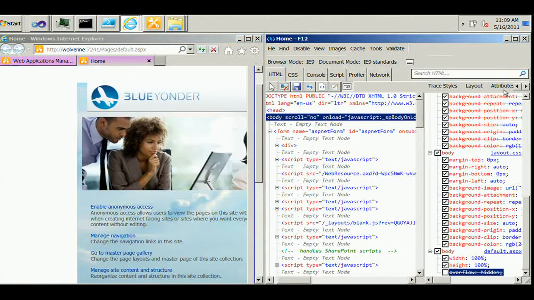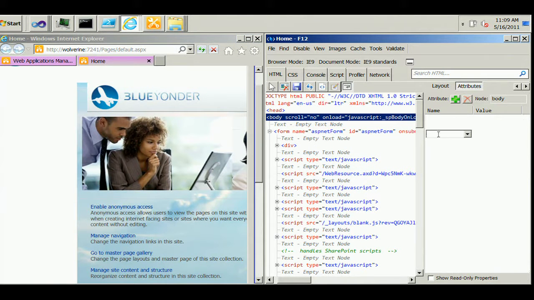Takes a second sometimes. I go here to attributes, and I can actually add an attribute, and I could add background color. It's going to take a second, but in a second, the background will turn orange. So you can interactively debug with the HTML inside of the F12 tools. You can interactively debug with the CSS in the F12 tools, and you can interactively debug with the JavaScript. This is all a blank screen now, so I'm worried that I'm running out of memory or something on my machine. But if we go back here,